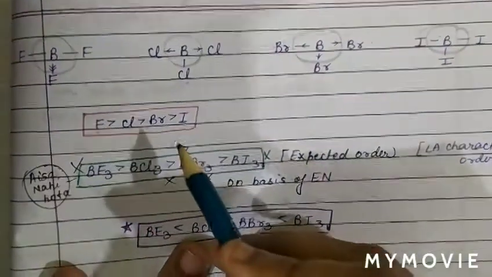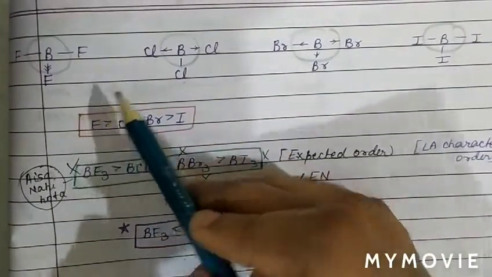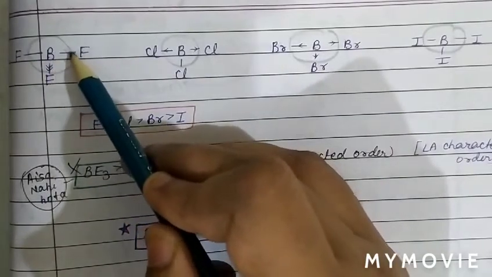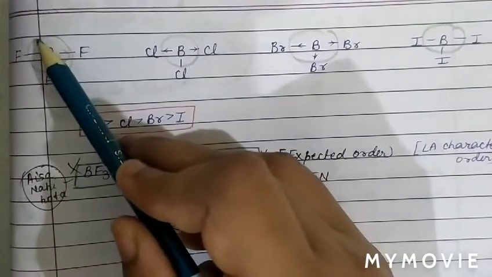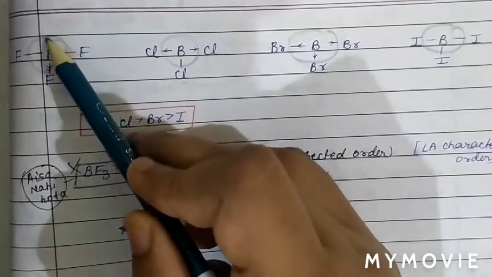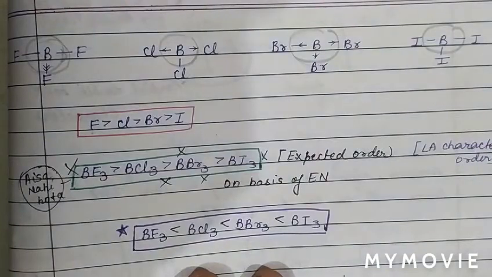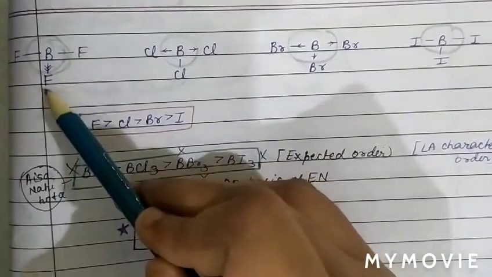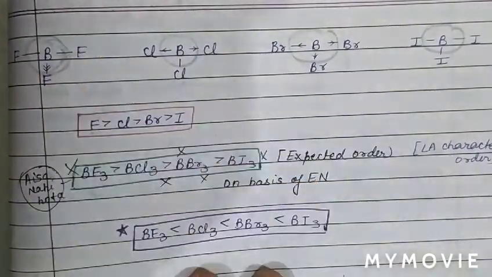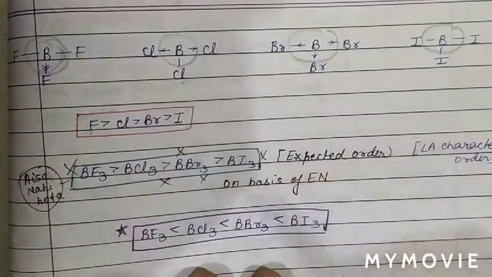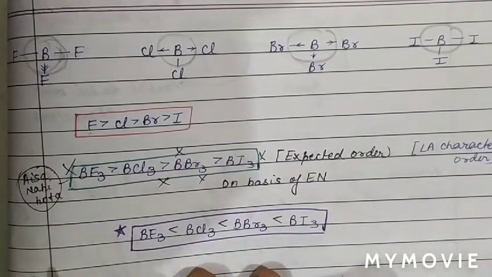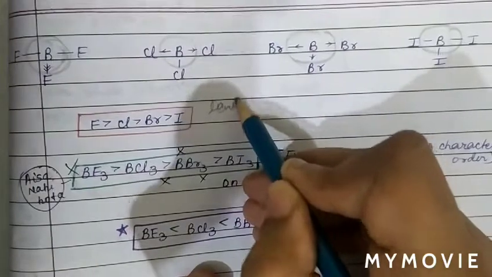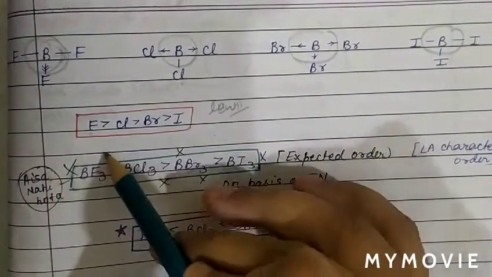So basically on the basis of electronegativity, due to the high electronegativity of fluorine atoms, fluorine will attract electrons towards itself, therefore there is more electron deficiency of boron in case of BF3. So according to this we can see boron becomes more electron deficient because 3 more electronegative atoms are attached which attract the electron pair towards themselves. So according to the electronegativity rule, the Lewis acid character must be more for BF3.